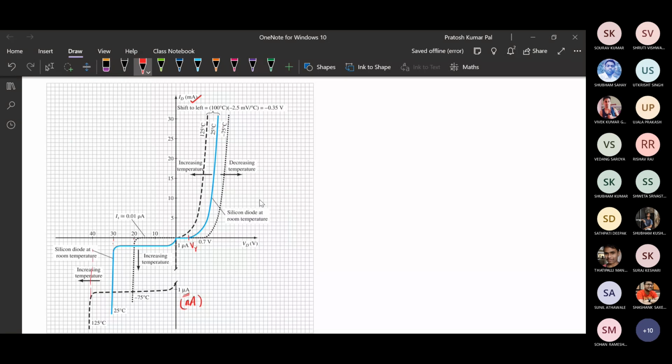From this graph we can directly see, first we consider the saturation current, or just for variation, this blue graph is basically at, sorry,